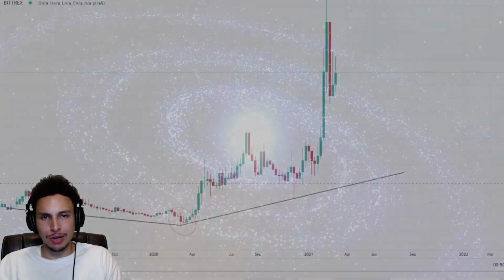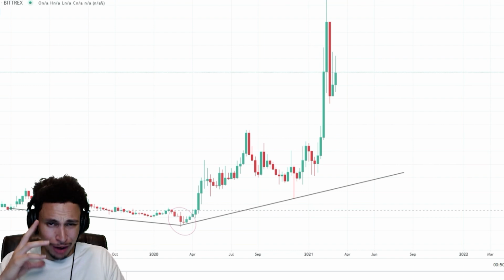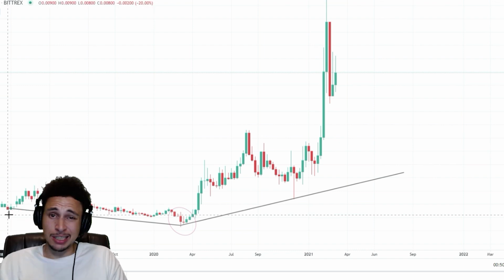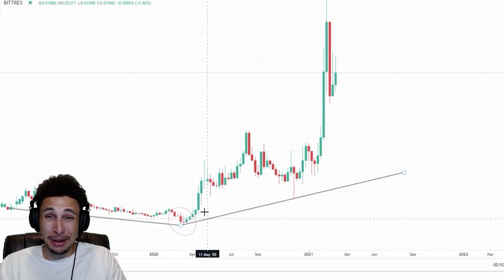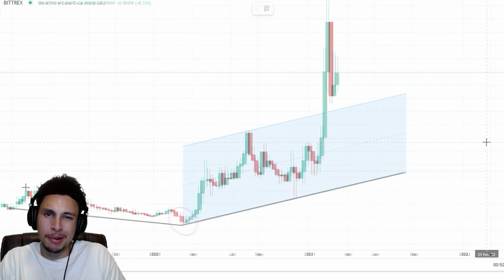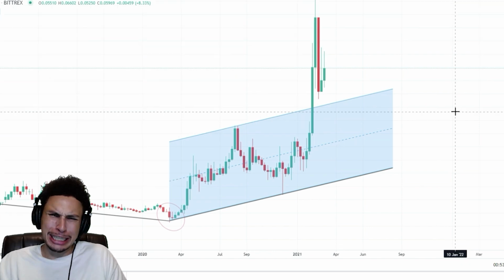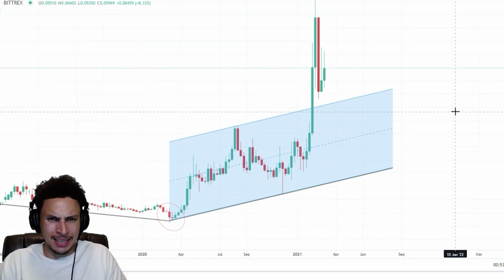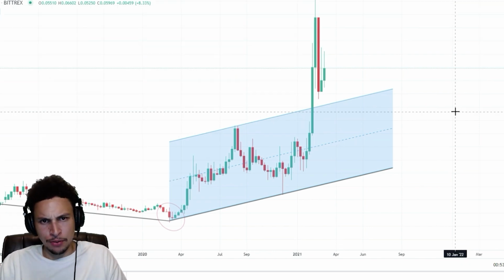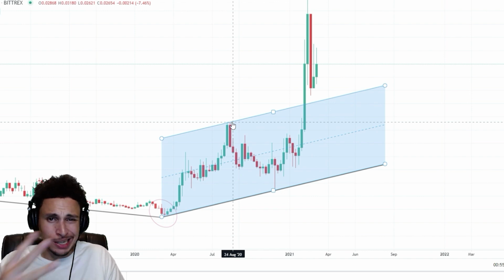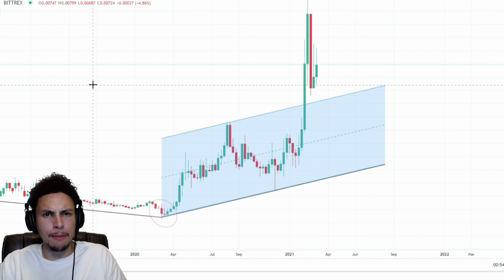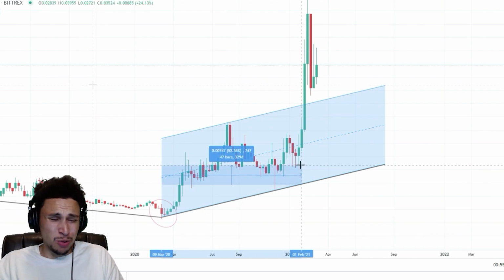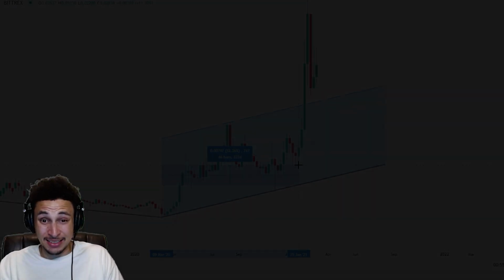So by drawing this bottom trend line, it makes it much easier to graphically see the change in the trend. Since 2018, 2019, the trend had been down for DGB. Since that point in May of 2020, it's been up. But let me show you guys a little something. And just by adding one more line, guys, we have ourselves a parallel channel. Digibyte was trading within a 3-cent trading range, taking a little breather, a little rest, priming up for its next leg higher for almost 1 entire year, guys. That's a long time to pick up some 3 to 4 cent DGB.